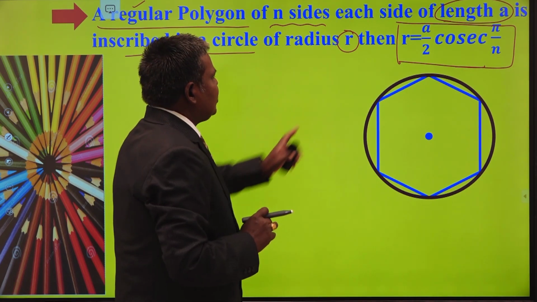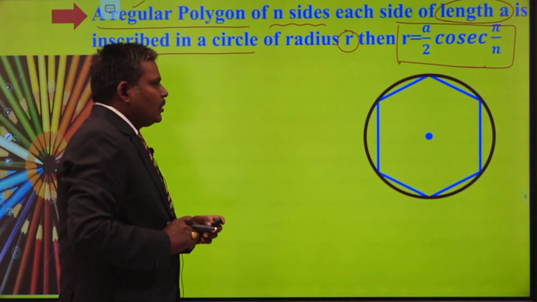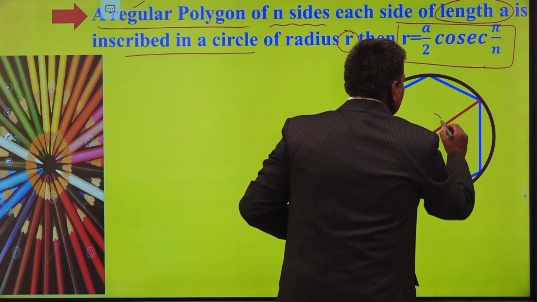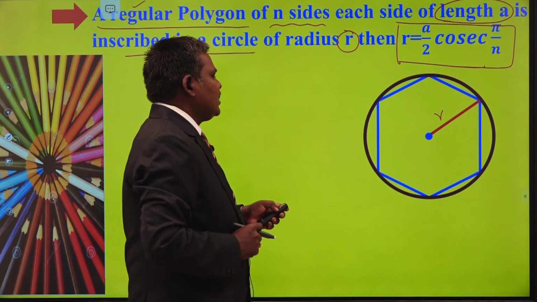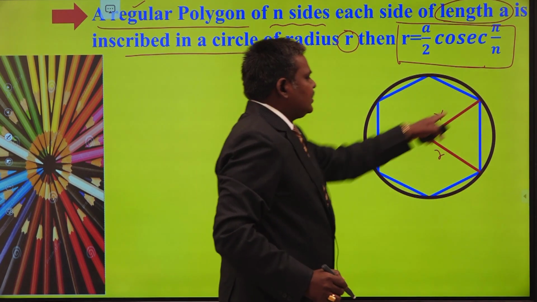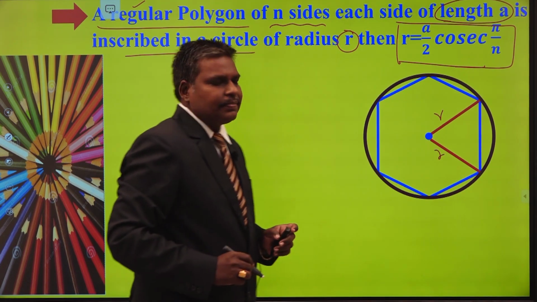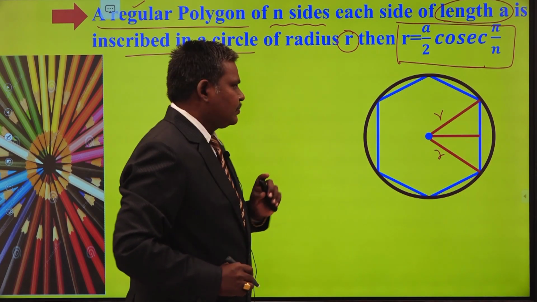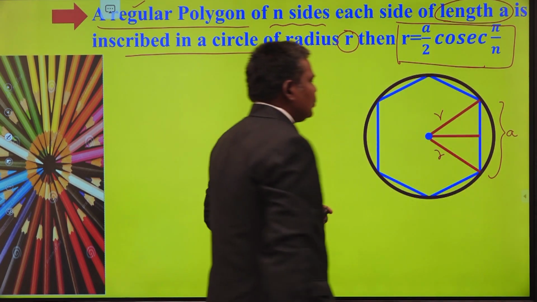Now you are going to make the relation between R, A and N. Am I correct or not? Now see here, what is the distance from here to here? R units, because the distance from the center to any point on the circumference of the circle is R units. Again, this is also R units. Now is it an isosceles triangle or not? Yes, these two sides are equal, therefore this becomes an isosceles triangle. Again, draw a perpendicular to one of the sides. So what is the length of the side here? The length of the side is A units, given to you.